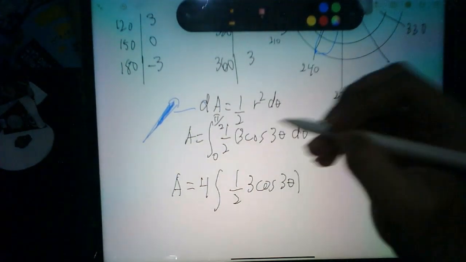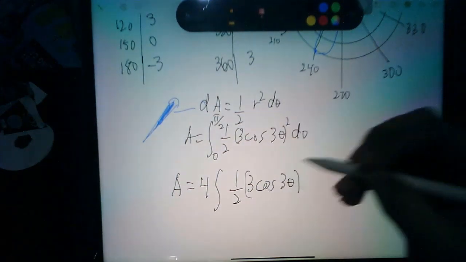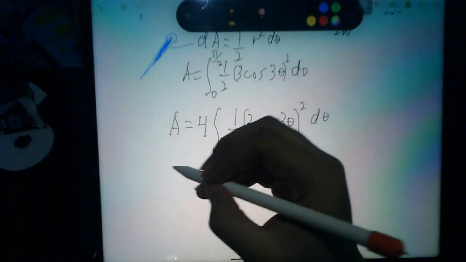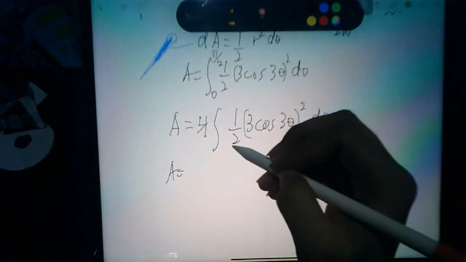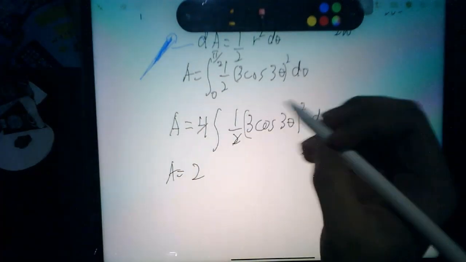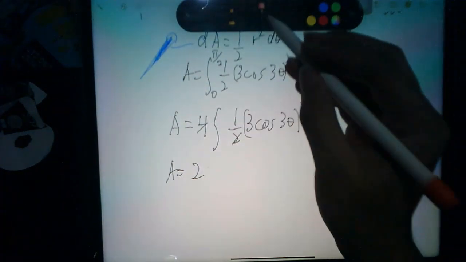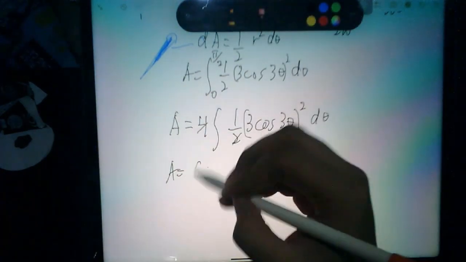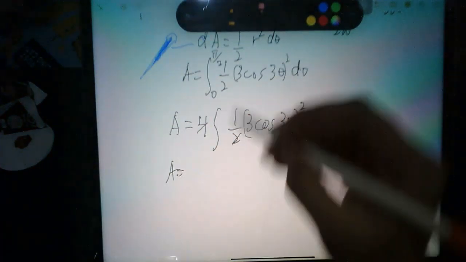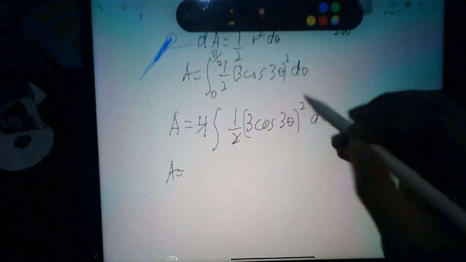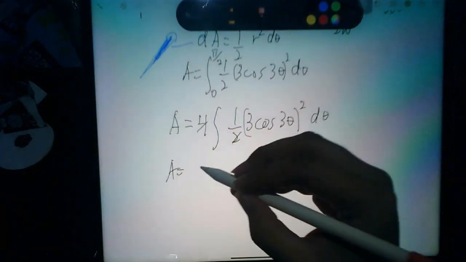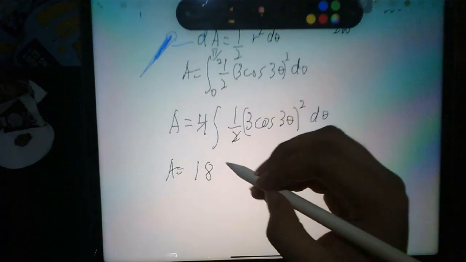Oh, I forgot, this is squared. Take out 3 outside, so 2 times 3 is just equal to 6. 6 integral of, oh no, we forgot to square it, so 9 times 2 is just equal to 18 integral of